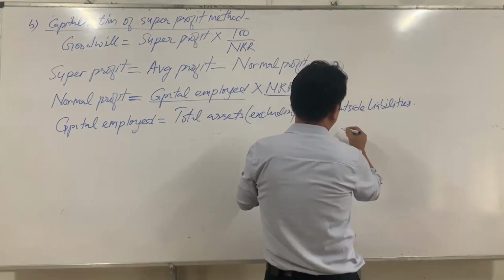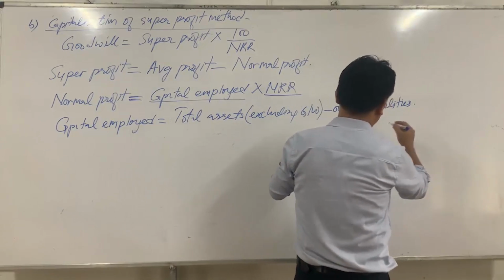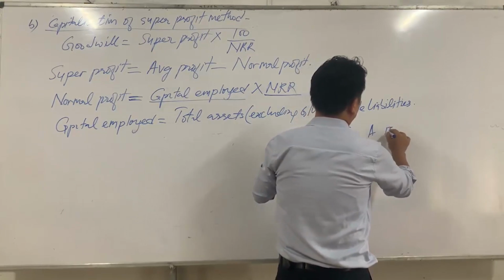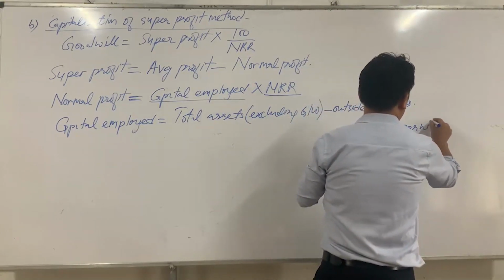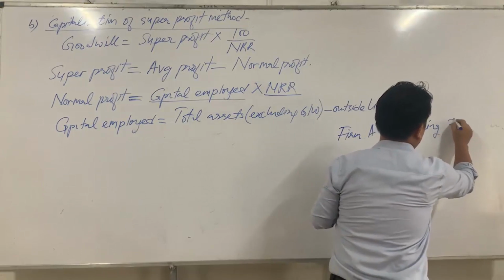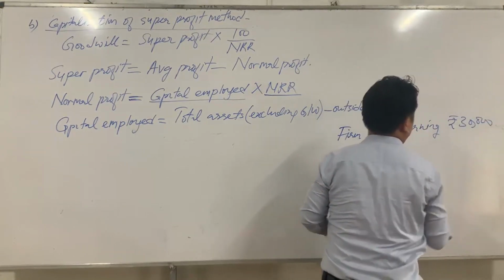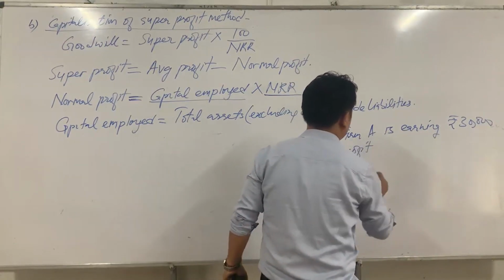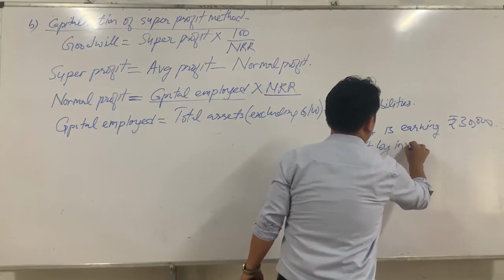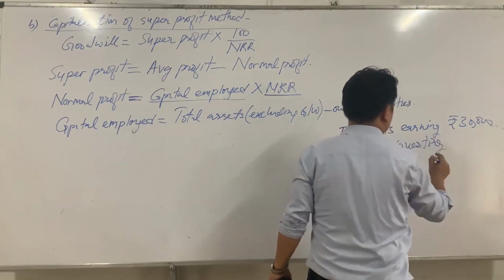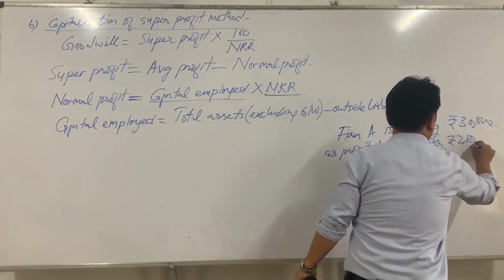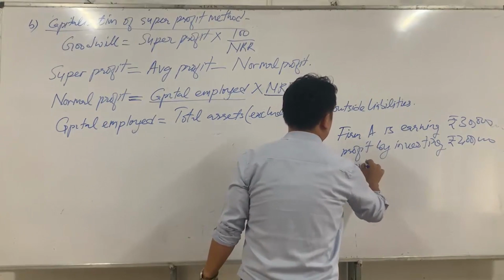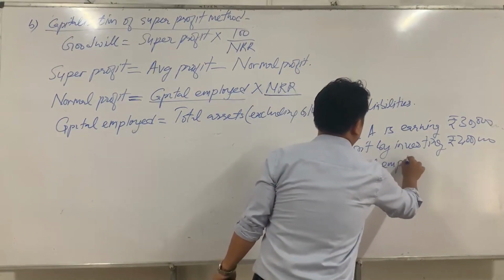Suppose say firm A is earning rupees 30,000 as profit by investing rupees 2 lakh as capital employed,